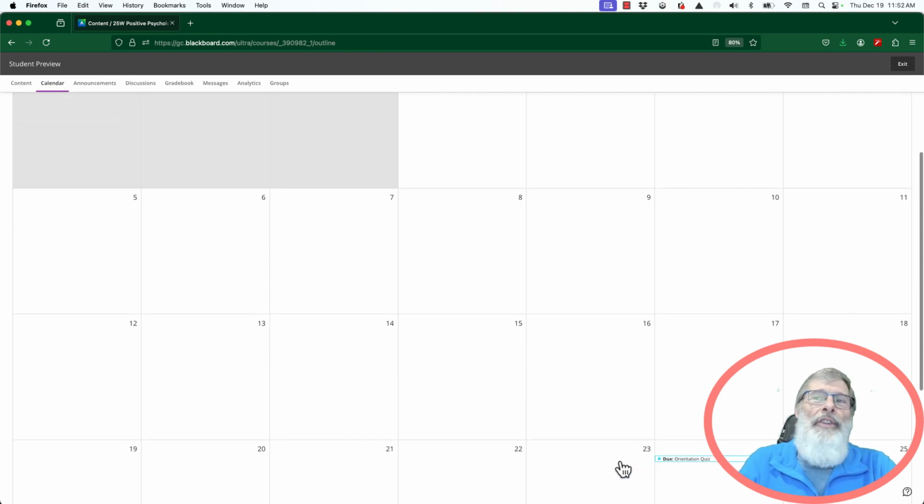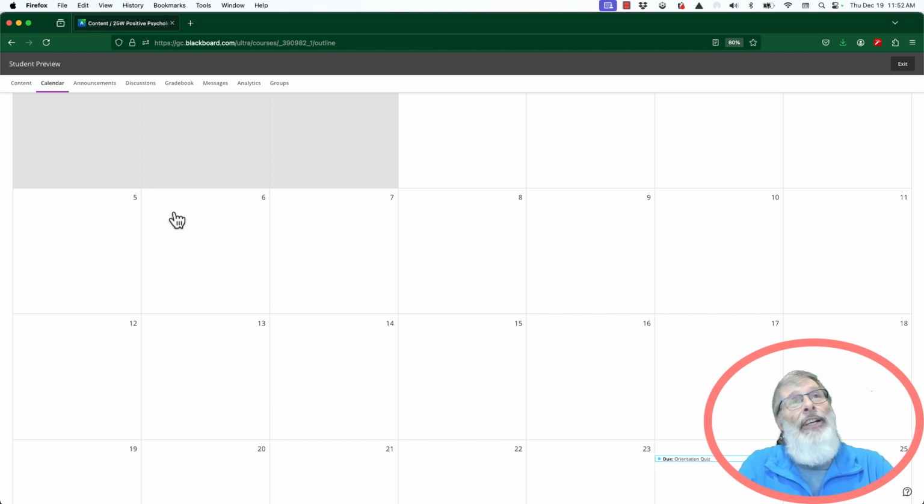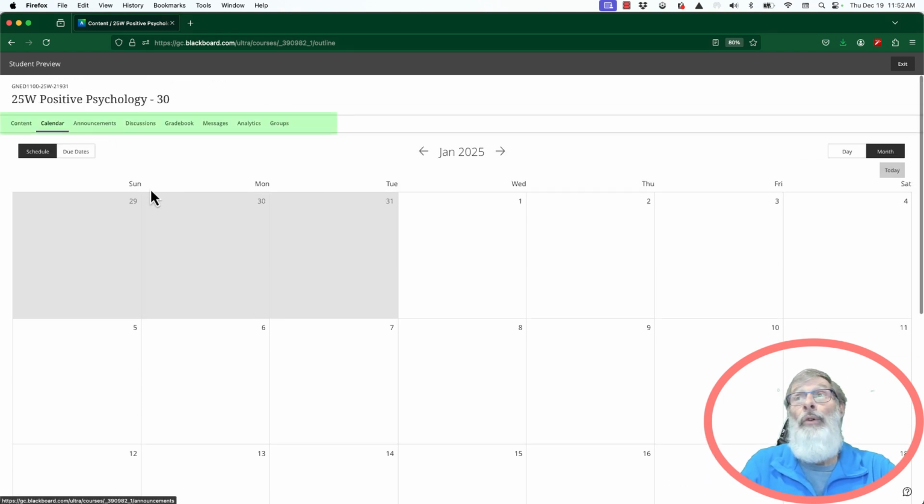The calendar, you can populate it with stuff for all your courses. Because I open things and close things over a period of time, like your orientation quiz will close on the 24th of June at 5 p.m. However, it opens on the first day of class at 9 p.m. But the calendar only shows the due dates, when the last date is. So this doesn't help you an awful lot as a calendar. However, if you put in your own start dates and end dates, that will be a benefit.